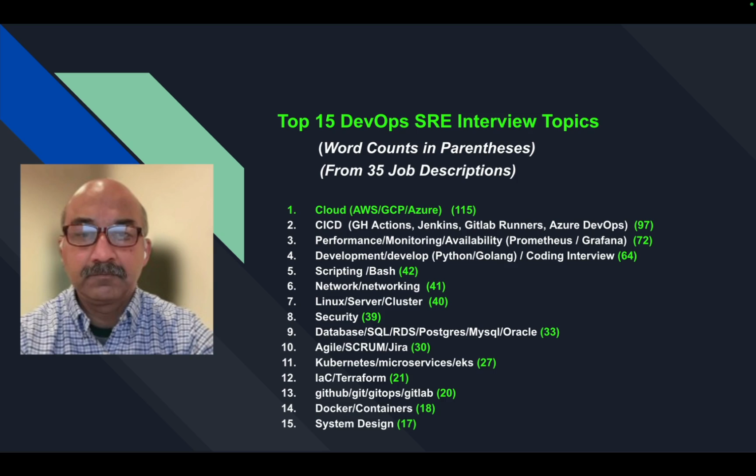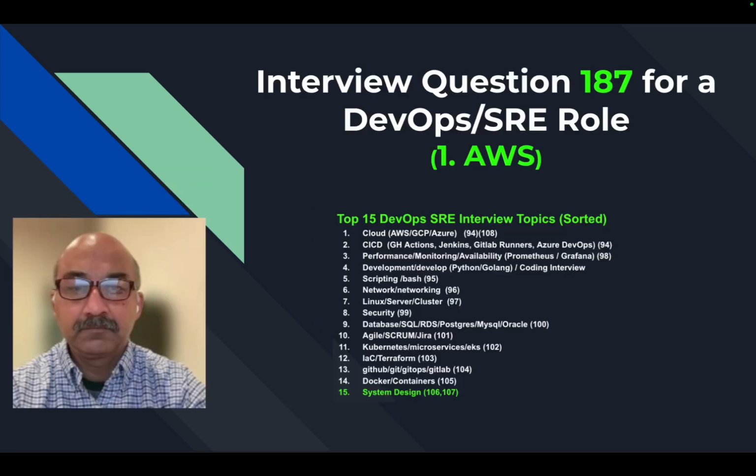I did some research on LinkedIn based on 35 job descriptions. These are the 15 topics that are most important based on data that I actually gathered. And the ones at the top, the topics like cloud and AWS and CI/CD, are more important than the ones at the bottom. But even the bottom ones are not ignorable. So, of course, you should spend more time and energy learning about the first five or six topics. But you should also spend at least some time learning about the top nine or so topics. So don't ignore them, please.